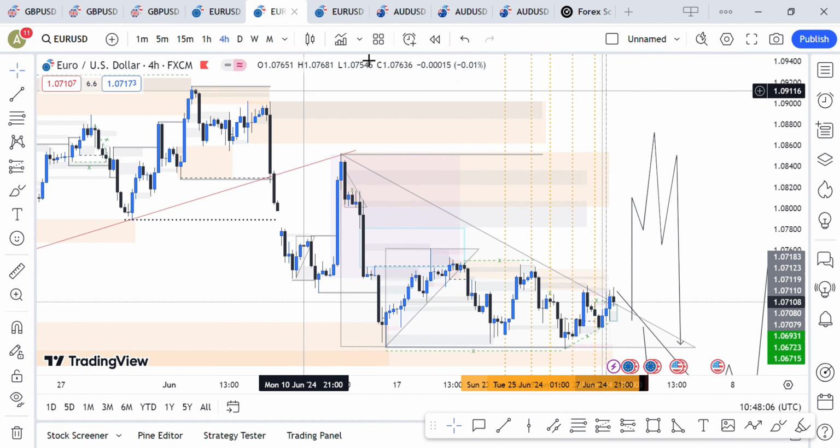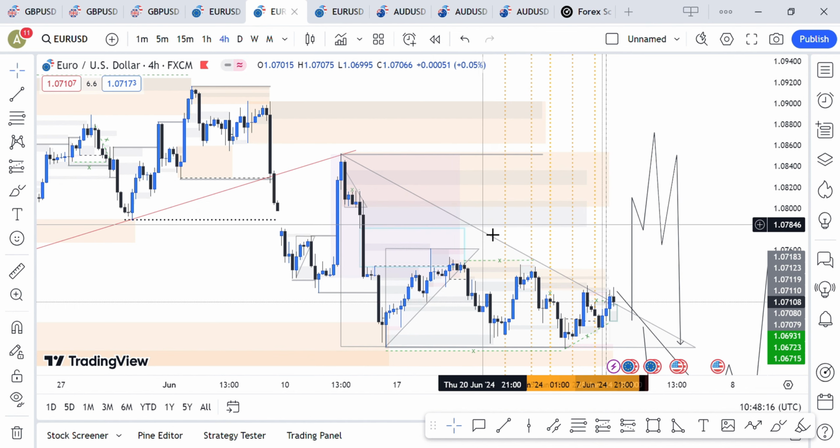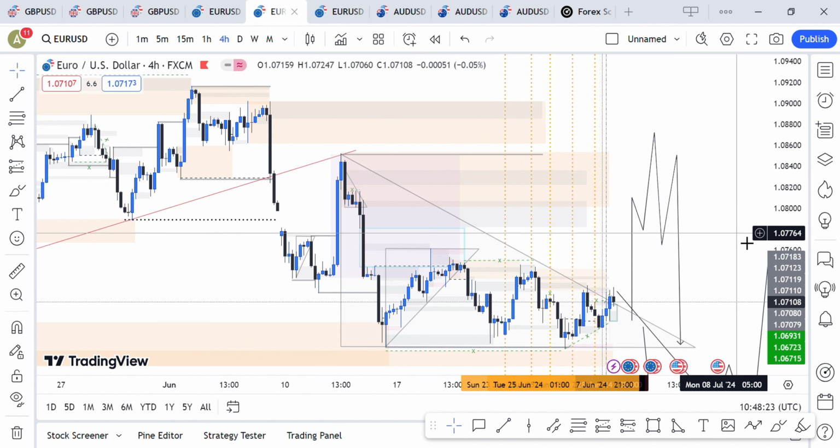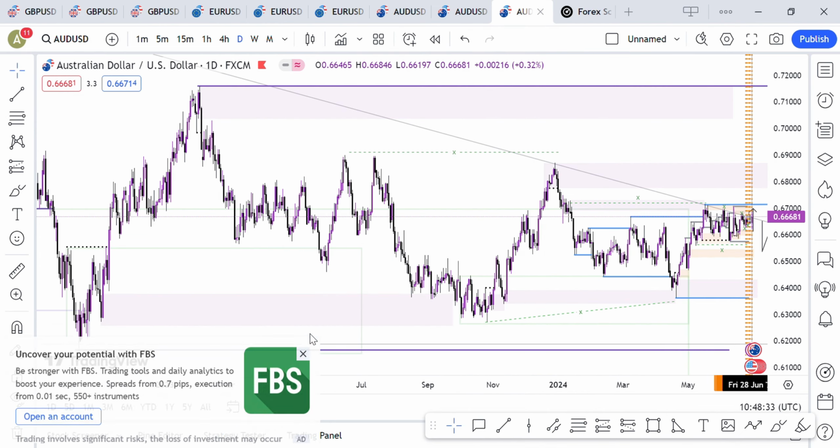Okay, so today we're going to be a little bit detailed with the trades that I even took. That's why I left all these lines, the vertical lines, on, so that I can show you how I took different trades on different days. Okay, but we're going to start with Aussie dollar, because for Aussie dollar I didn't see so many opportunities,